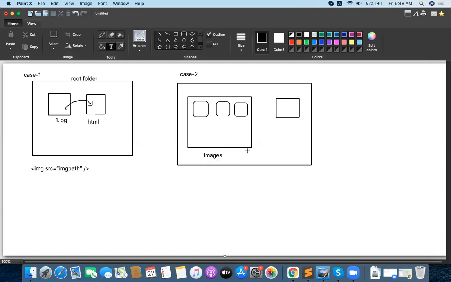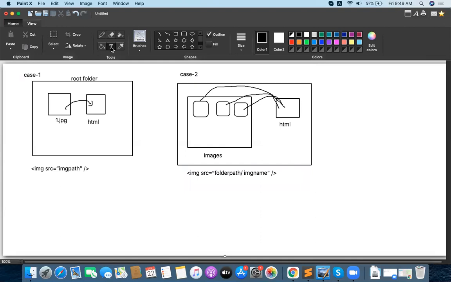My requirement is, I need to load those particular images into the HTML file. How to do that? Access all images into the HTML like this. In this case, the syntax is a little bit changed. It is img src equal to, first mention the folder path, then slash, the image name, and close it. This is the second case.